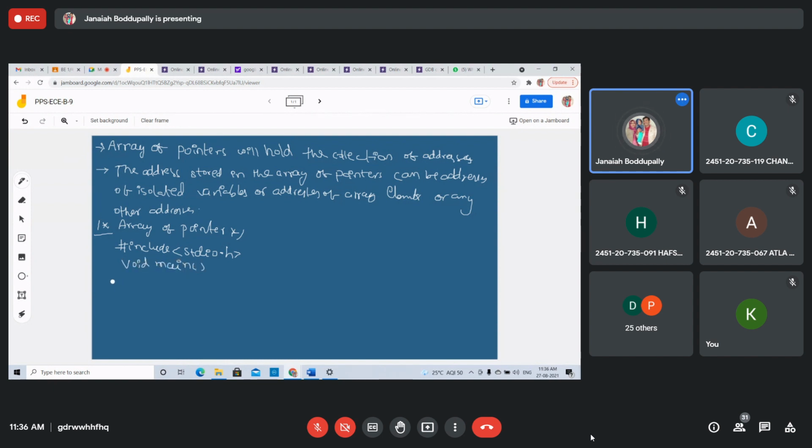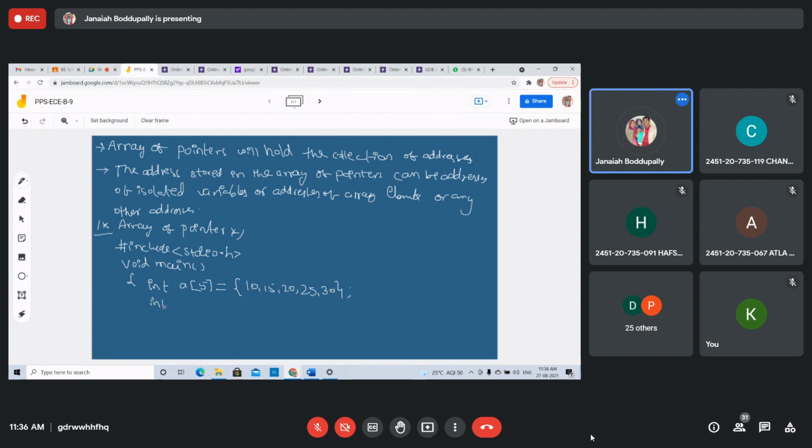Int a, I'm declaring the array, array name is a, and initializing some values to the array: 10, 15, 20, 25, 30, 5 elements.